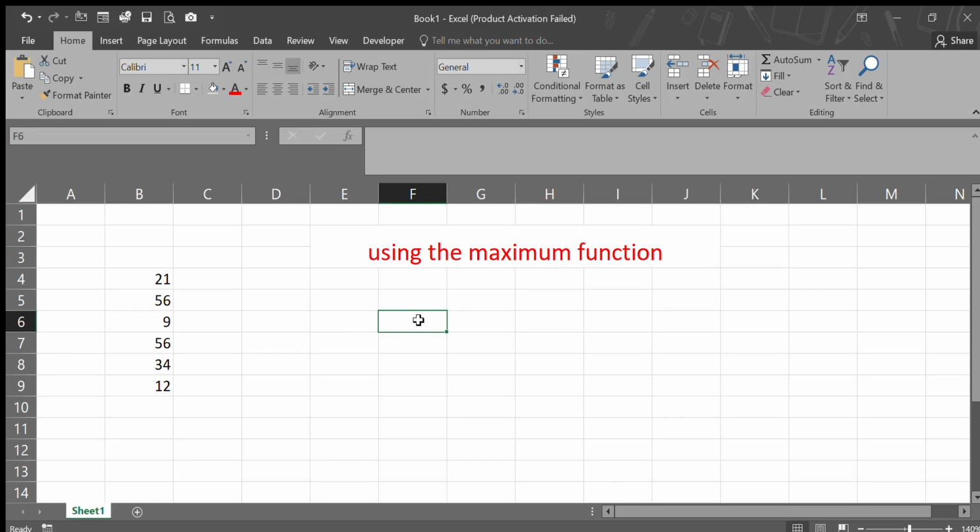Hello, today we are going to learn how to use the maximum function in Excel. Supposing you have these numbers, if you want to find the biggest number or the maximum number among these numbers, so you click any of the cells, then you type your equal to sign, then you type the word max,